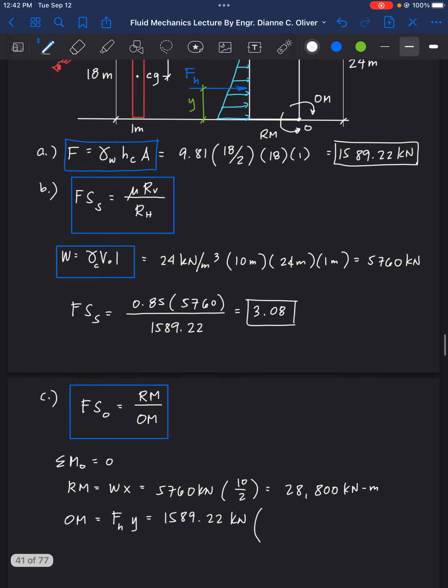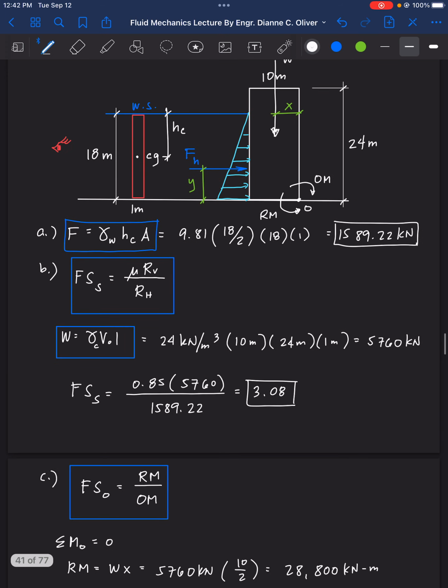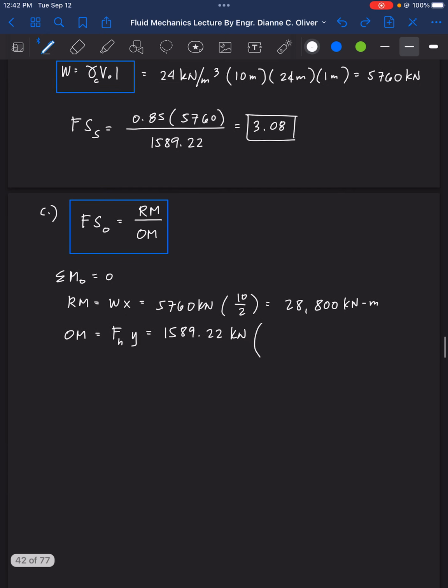Y here is H divided by 3, that is 18 divided by 3. So OM now is equal to 9,535.32 kilonewton meter. Therefore, we now have factor of safety against overturning equals